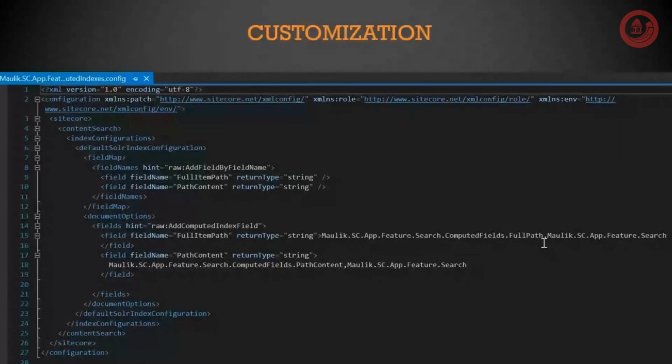Let me show you. So if you have configured any computed index, this is the common file. You can see that add by field name, and you have full item. I have added full item path and path content. Both the things very similar. So this is full item path, and this is my